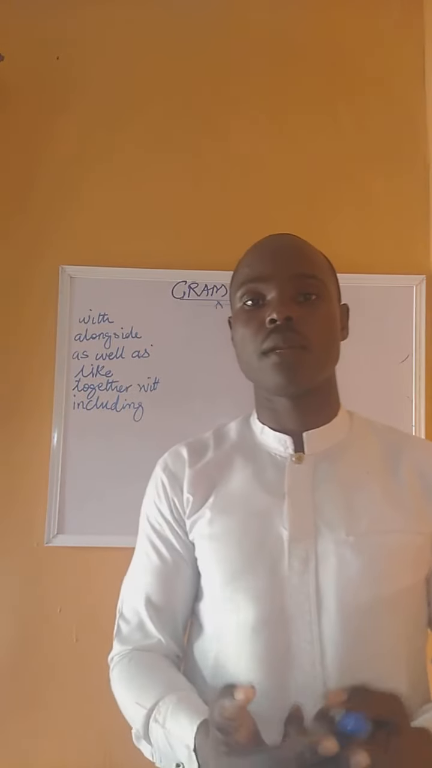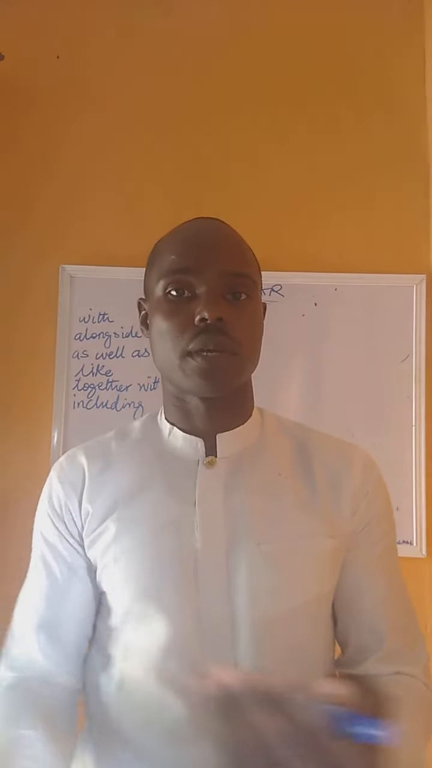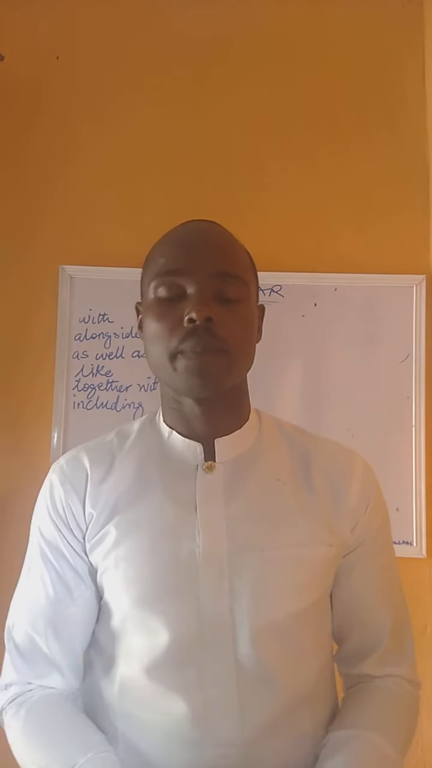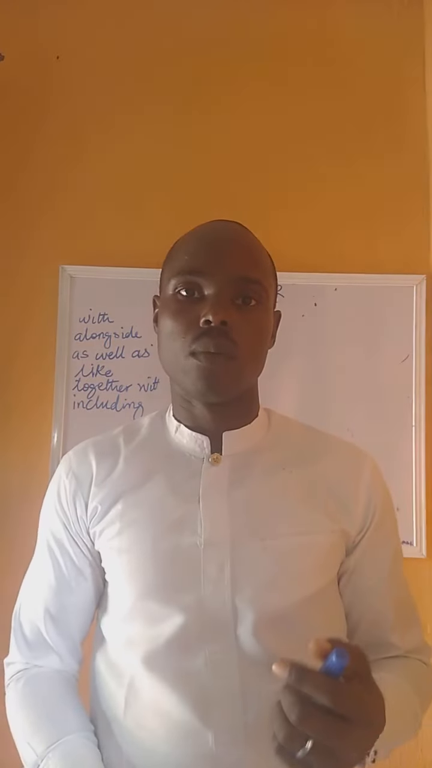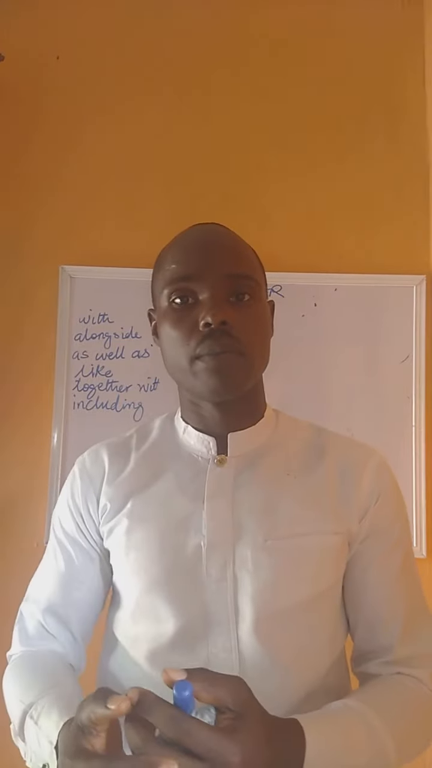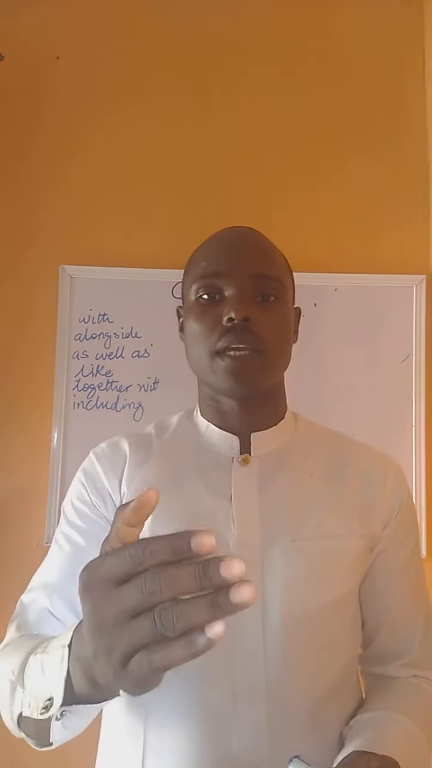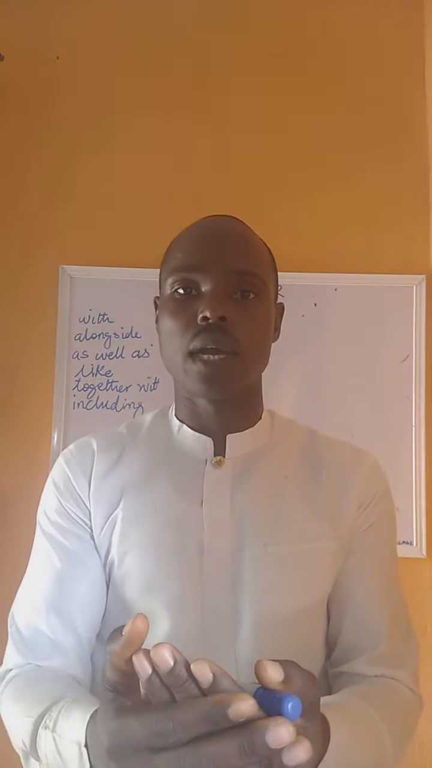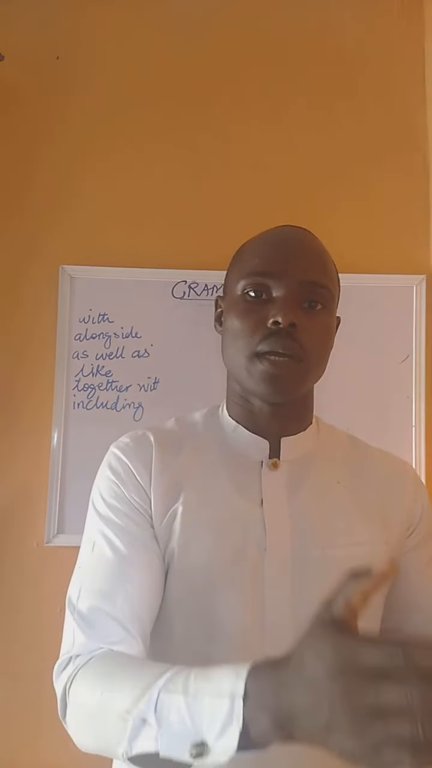Today in our grammar class, we are looking at a particular rule in English Concord. By Concord, we mean agreement between various parts of sentences or statements. Primarily, we have a particular rule, which is that a singular subject should attract a singular